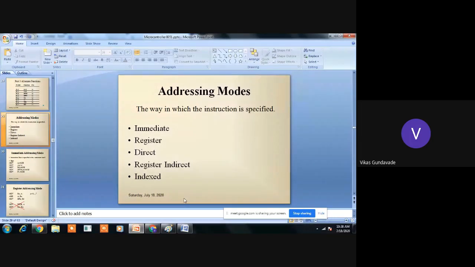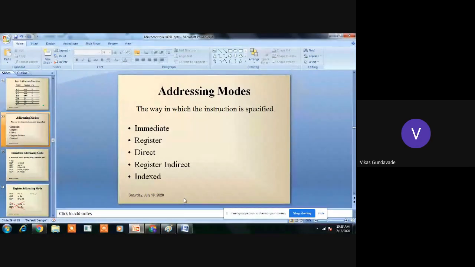The next one is register indirect addressing. Here, whatever data is transferred from memory to the register or from register to the memory, that data transfer takes place through a pointer. So the memory location is not directly specified, nor is the register directly specified, but a pointer is used to indicate where the data needs to be transferred.